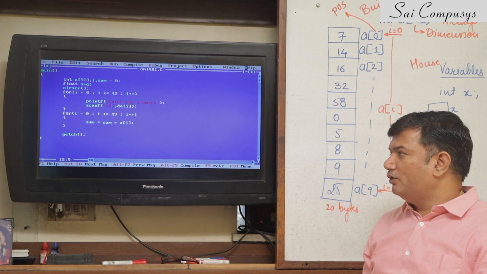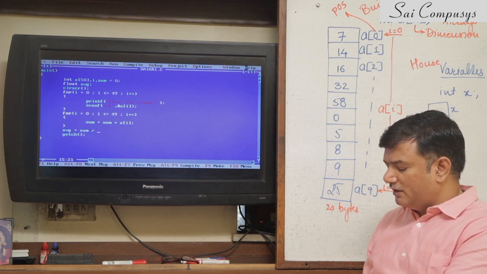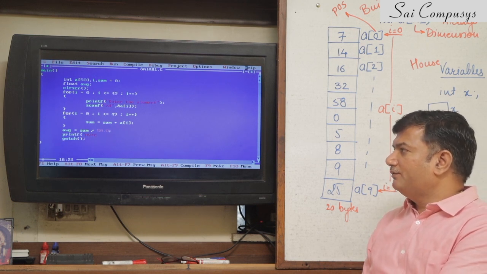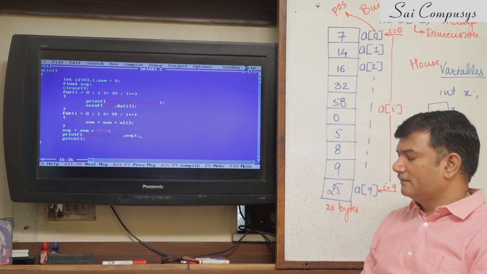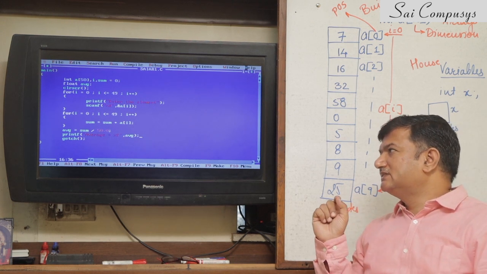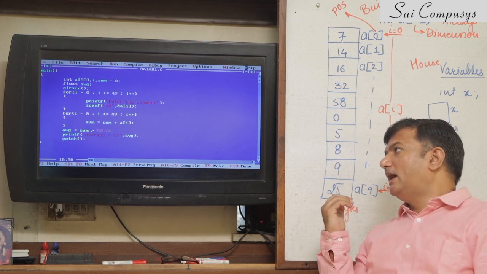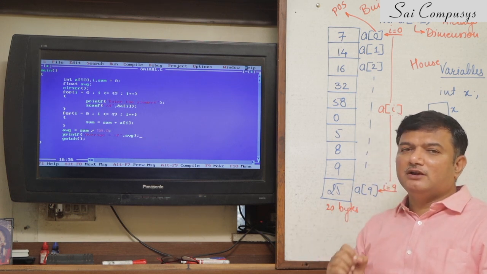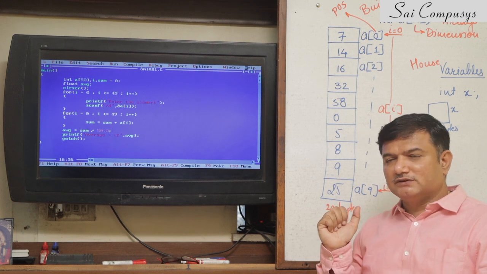Finally, at the end of summation, you need to find out the average, where average will be simply sum divided by 50.0 to convert it into float, and whatever the average is, I will display the value of average on the user screen. So this is the simplest of programs where I have scanned 50 numbers, I have added the 50 numbers, calculated the average by dividing it by 50, and finally whatever the average is, I have printed it on the user screen.